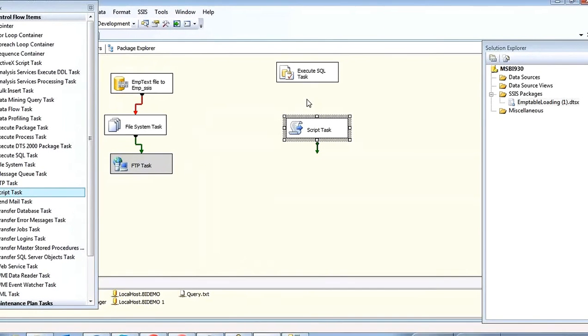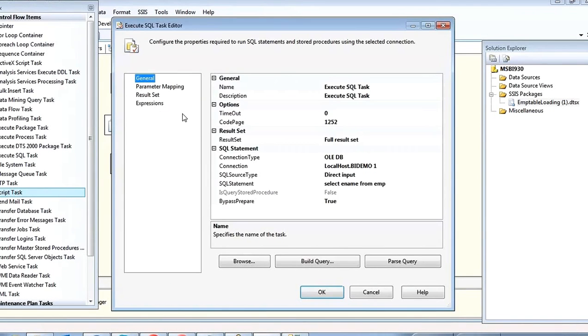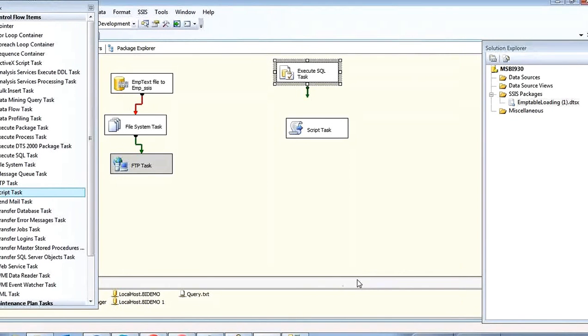If you want to create any functionality that does not exist, or any task that you don't have in your SSIS, you can write .NET code, that means VB code or C# code. If you are familiar with VB, you can write VB script, and if you are familiar with C#, you can write C# code. By writing some .NET code, you can customize functionality. For example, the variable value is coming from here, and if you want to display that value by using this script task.